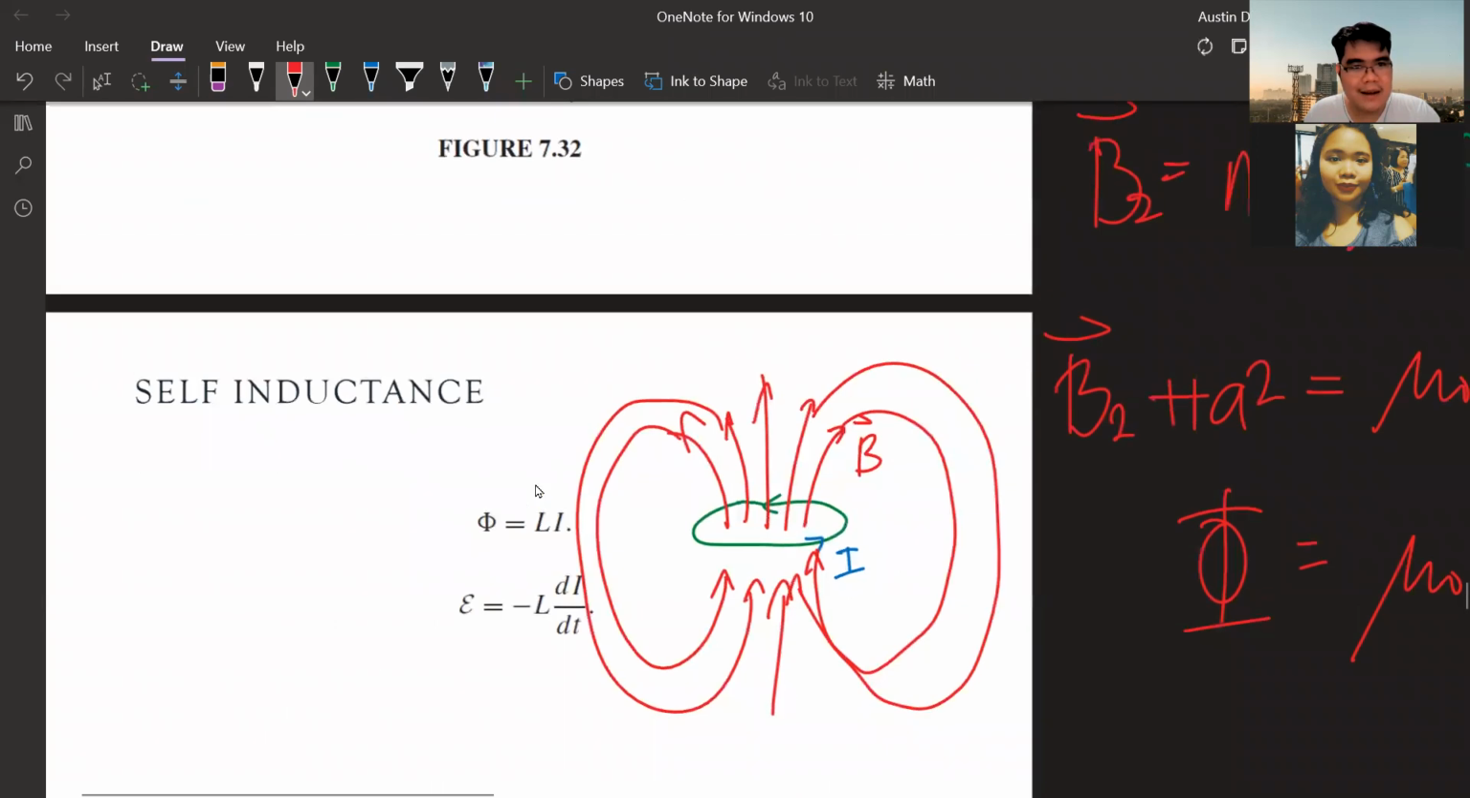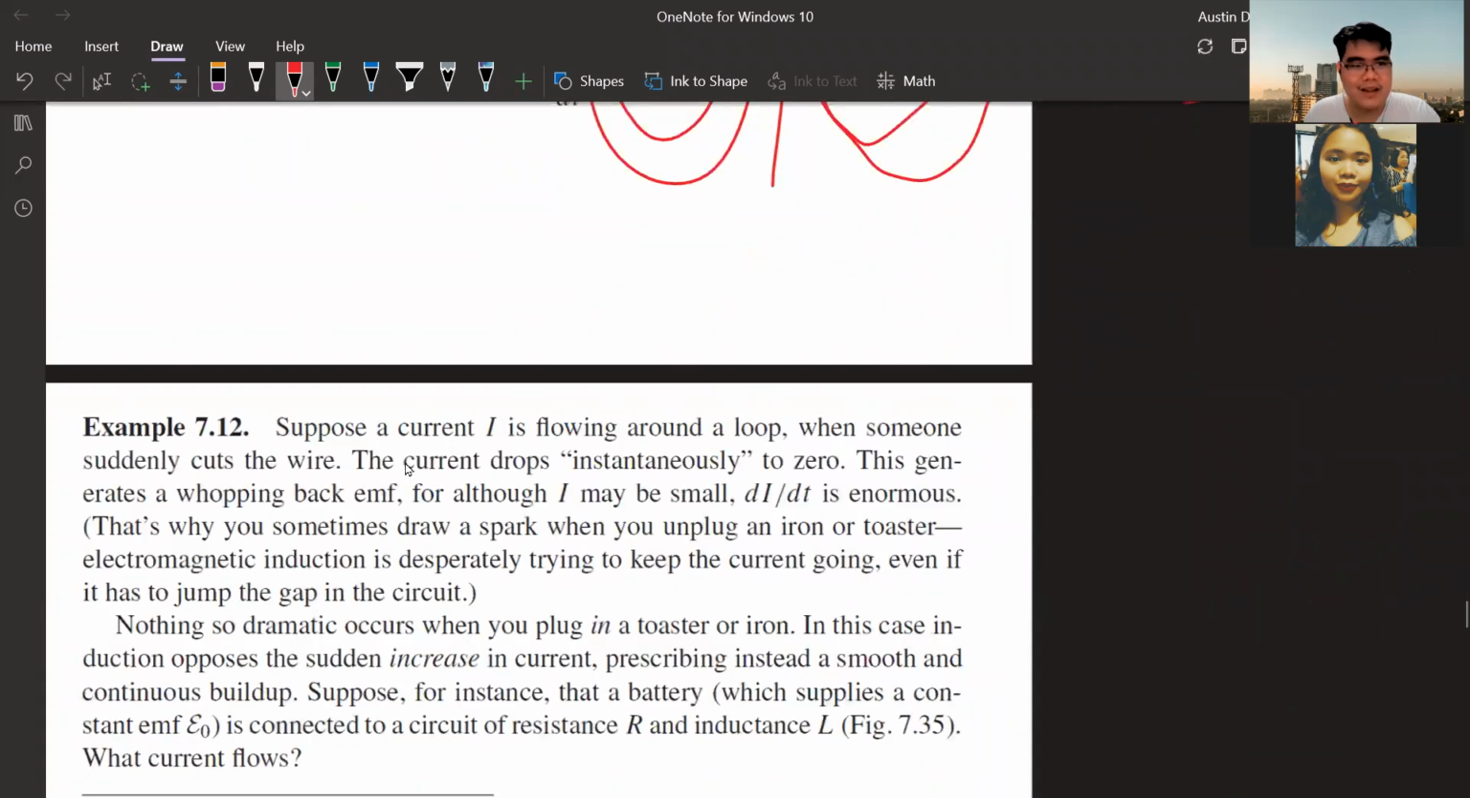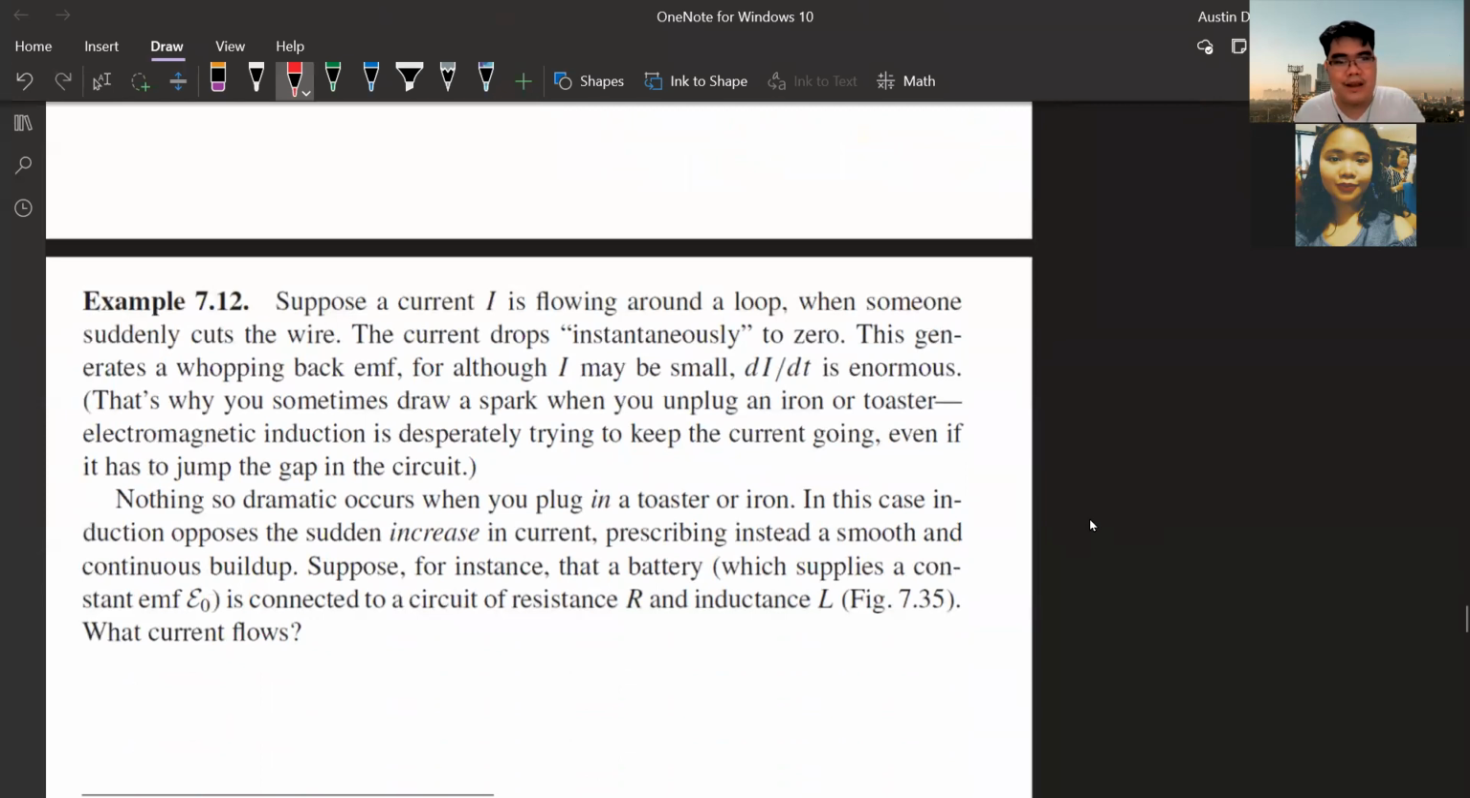Okay, so a fun example. We won't solve anything here, that's why it's fun. Suppose a current I is flowing around the loop, and someone suddenly cuts the wire. What happens? The current drops instantaneously to 0. This generates a whopping back EMF, for although I may be small, dI/dt is enormous. So dI/dt, when you have a steady supply of current,